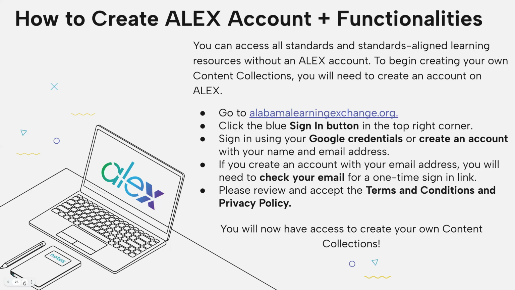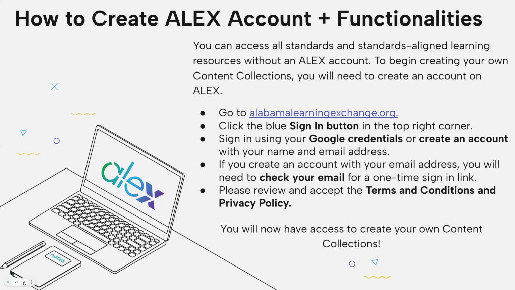You do need to make sure that you are able to access that email address. In order to get signed into Alex, you have to go to that email. You have to find the email that was sent from Alex, and it has a verification email in it that contains a one-time sign-in link. So if you're choosing to use that method, you've got to make sure you can access this email address and go click on that verification link. You'll get the one-time sign-in link, and then you'll create your password after clicking on that sign-in link.